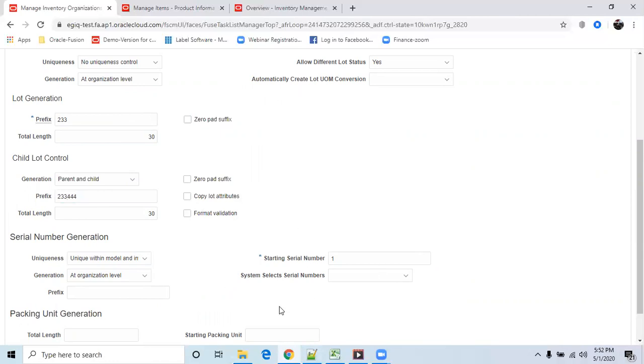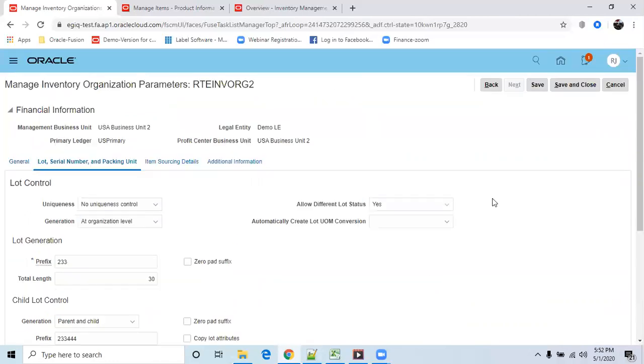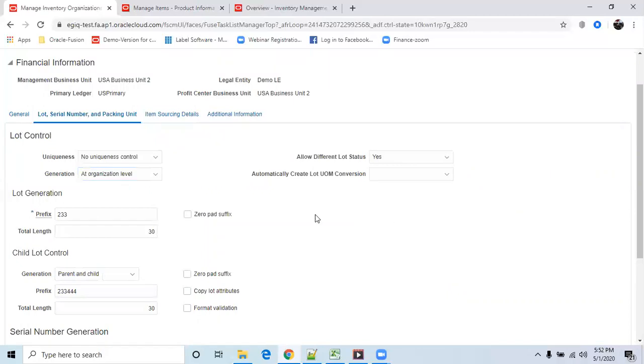After giving the configuration, save and close. Here we are applying lot control at the organization level. It means that for whichever item you add in this organization, the system will work as per the generation at organization level. So far I have shown item level, now organization level.